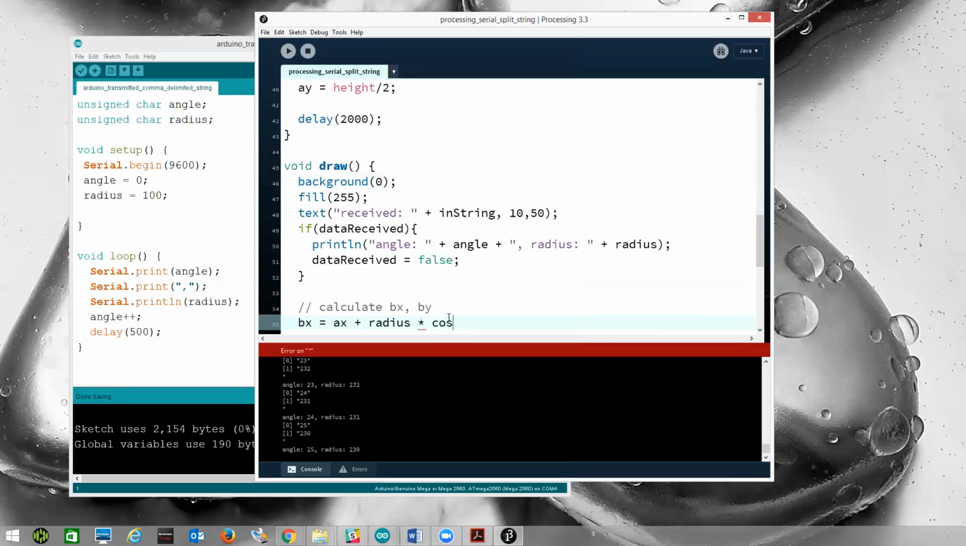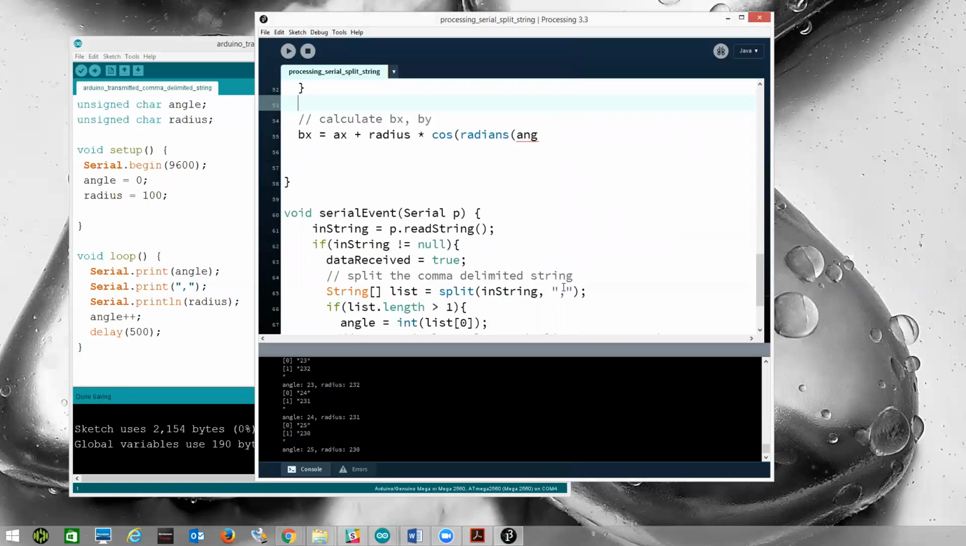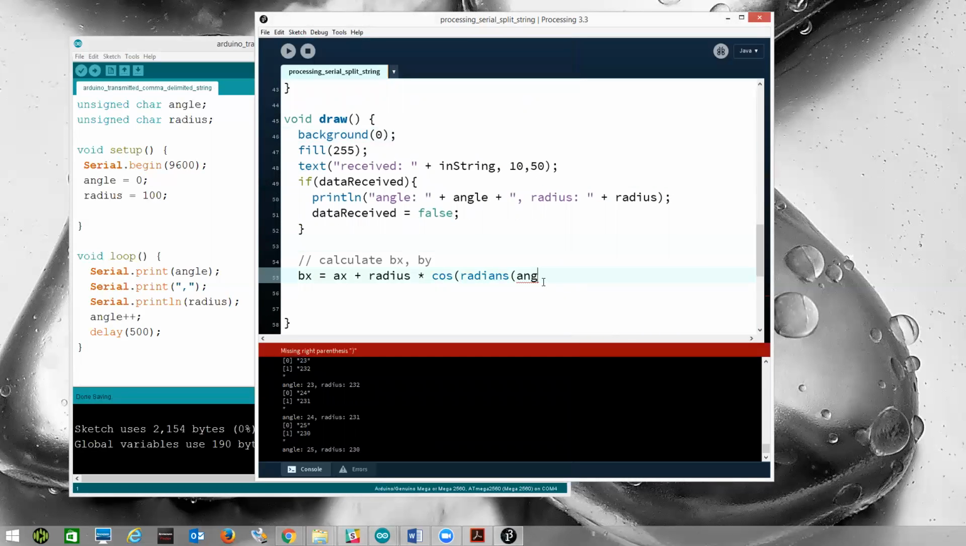And I'm going to call cosine of theta, but cosine expects radians, so I'm going to call the radians function. And here I called it angle, not theta. Angle. All right, so we'll convert that angle to radians, pass it to the cosine function. This is going to give us the x coordinate, and then bx needs to be offset by ax, and by then is simply going to be ay, simply because I want the center of the window to be the origin. If I say radius times the sine of radians angle,